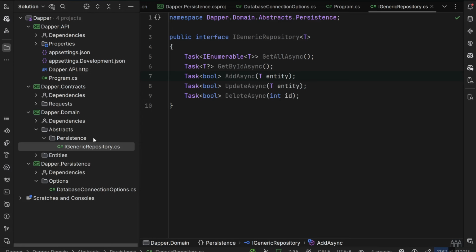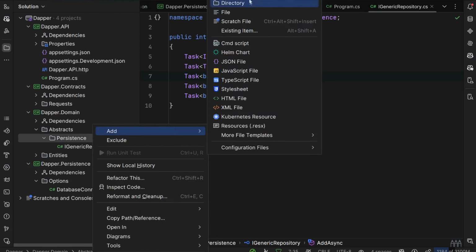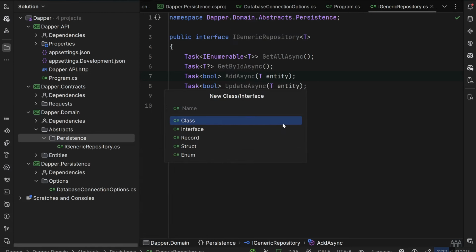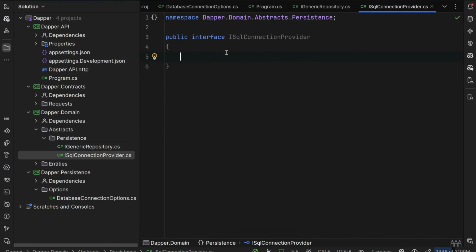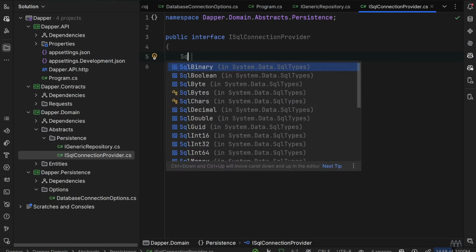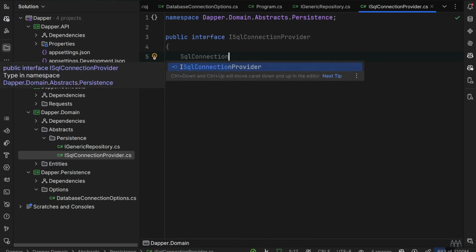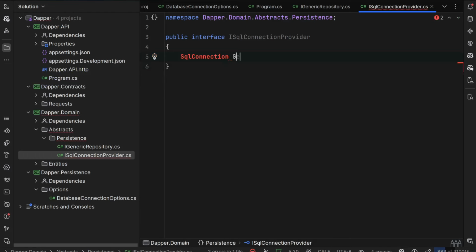Now I'll create another interface that will be responsible for getting the SQL connection. So I'll create one interface that will be called ISqlConnectionProvider, and the only method that we'll have is just to return the SQL connection. So SqlConnection, GetSqlConnection,